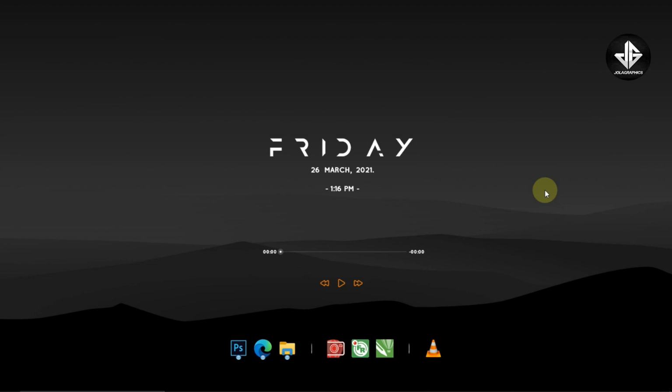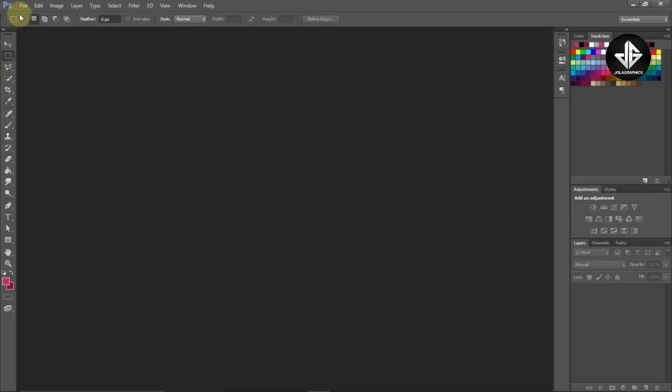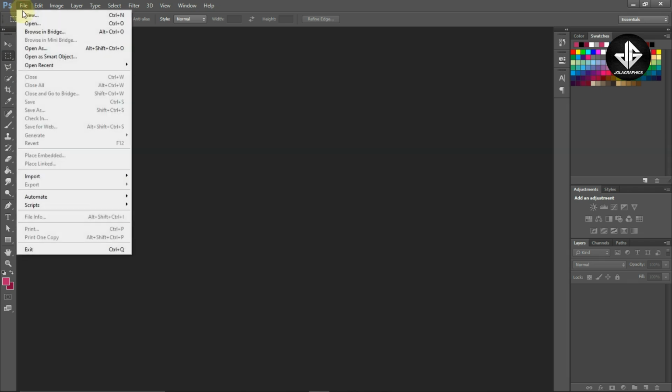So obviously the first thing I want to do is actually head straight to Photoshop. I currently use Photoshop CC 2014, but feel free to follow along the tutorial with any other version of Photoshop you are using. So the first thing we want to do is actually go back to our file and